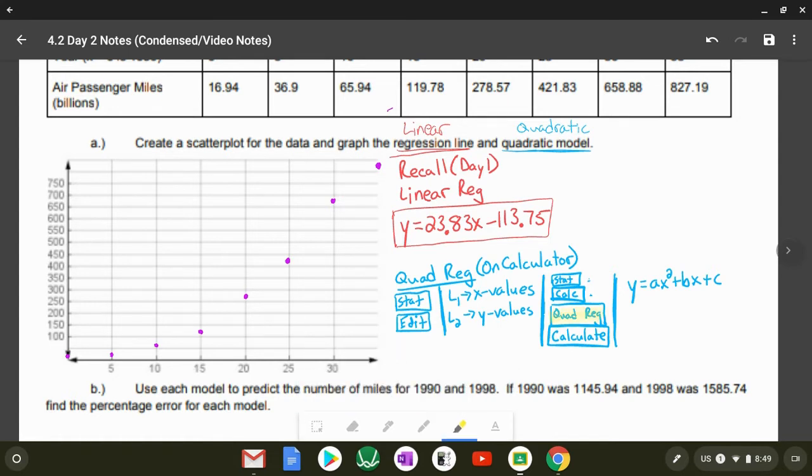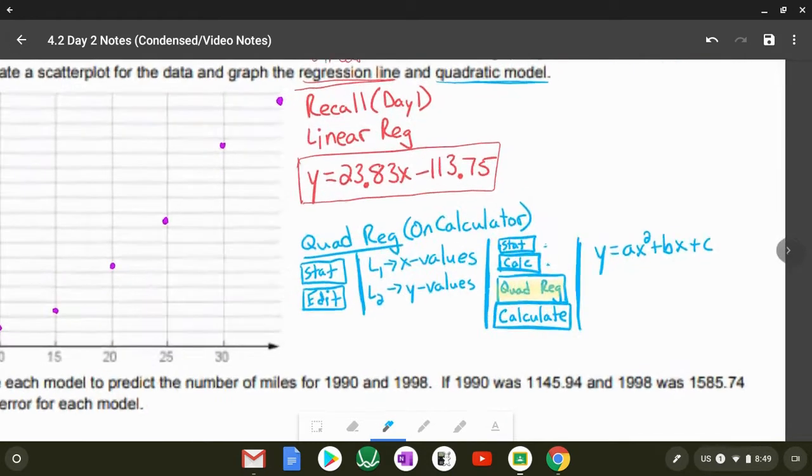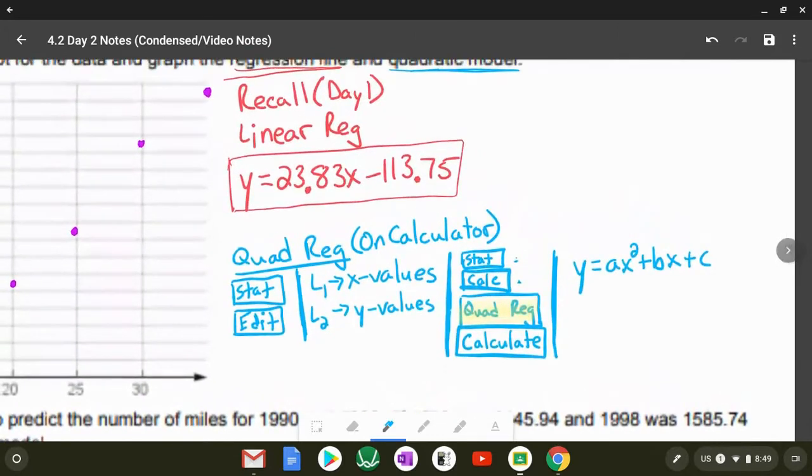So that's the quadratic regression. Hit calculate, and then it's going to spit out your A, B, and C values, just like we had on the linear regression. So when we see that, we're going to end up with A being 0.75,